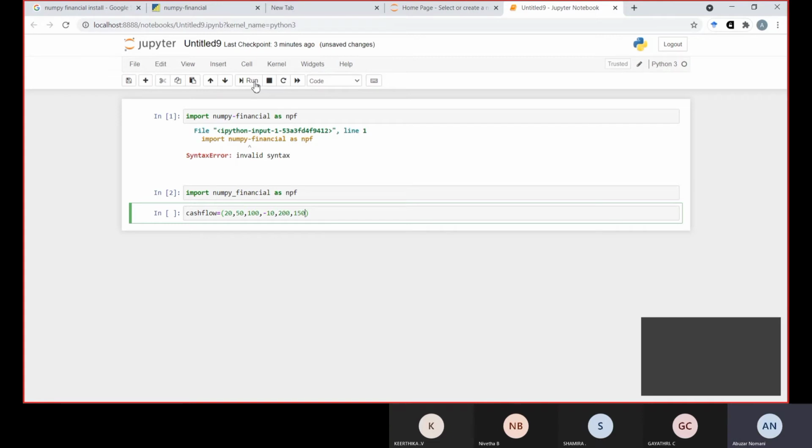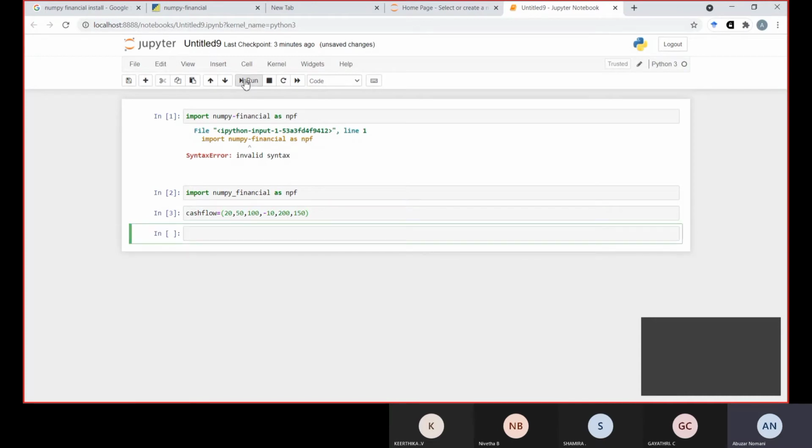So these are the certain cash flows we have. In this, 20 is positive, 50 is positive, 100 is there, then -10 and 150. So these are the cash flows that we have made.